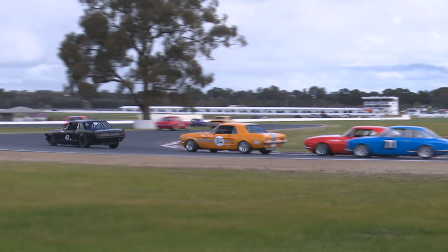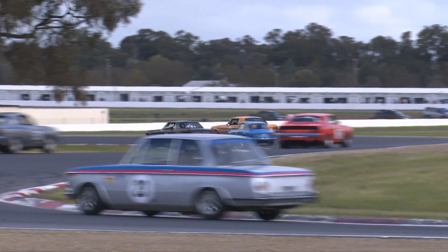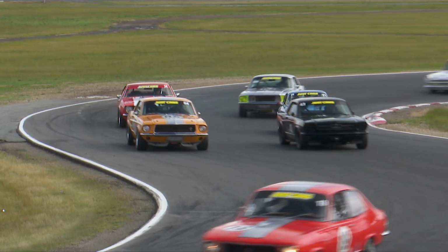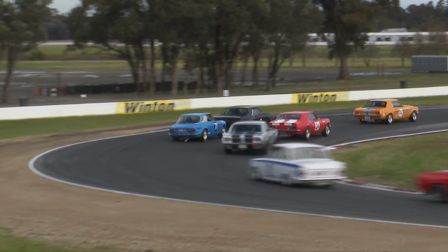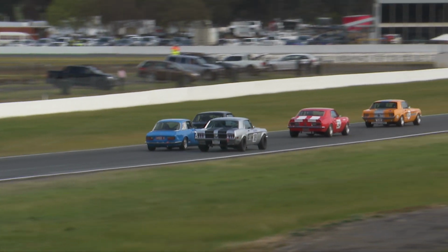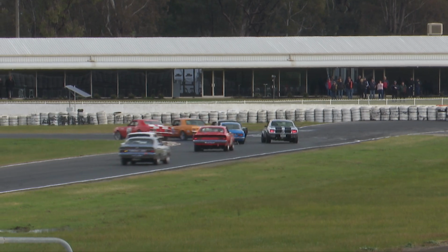Brett Ferris doing a good job in the first of the Tiranas. Keep an eye on Tony Hubbard too, the veteran, the number 24, 68 model Chevy Camaro coming through the field. The wet conditions this morning did not help the big Chev in qualifying. Humble now throwing down the gauntlet to Hossack, but he's on the outside of that corner, so Hossack maintains the lead. Here comes Hubbard, as I mentioned, the number 24 Chev Camaro on the charge, goes up the inside of